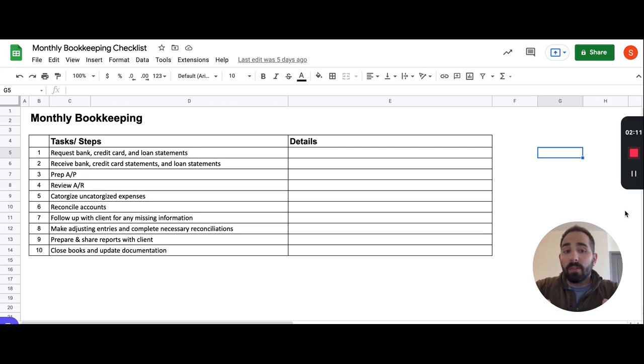Now, accounting workflow checklists also help you maintain work quality as you scale. One big problem most accounting firms face as they scale and they hire new employees to offload that work and delegate that work to is that their work quality suffers. Since the owner's not doing the work anymore, the new staff members can make mistakes because they have less experience. This results in poor quality work and inconsistent client deliverables, which is vital if you want to continue to scale